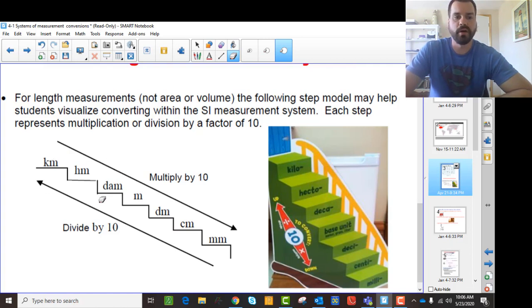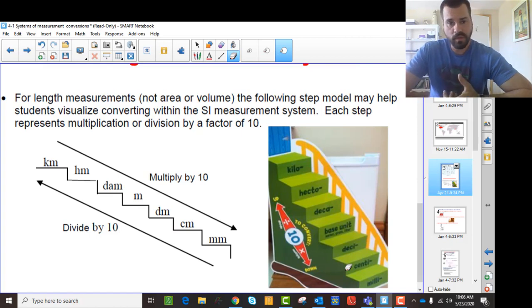Okay, those go up by 10. They get bigger by 10. Okay, and then as you go down to smaller units, you get the decimeter, the centimeter, and then finally the millimeter. And of course, there's more than these. Okay, but it's a pretty easy model to convert from one unit to the next because it's just a factor of 10. You either multiply by factors of 10 or you divide by factors of 10,